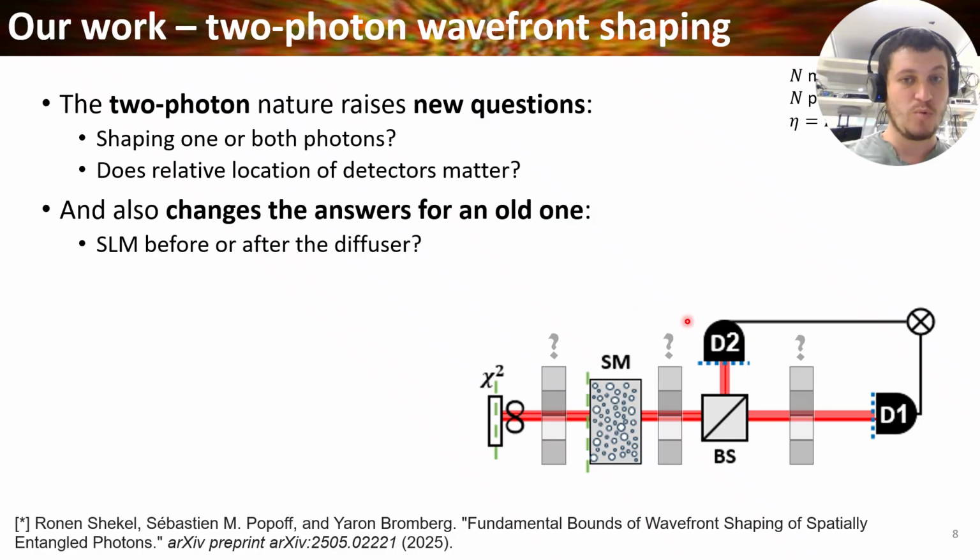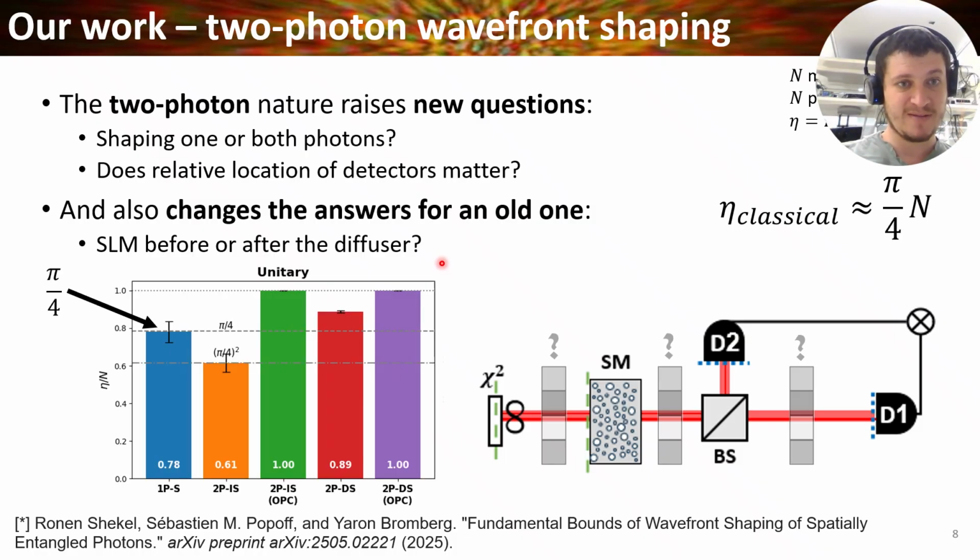Should we shape only one of the photons, or should we shape both of the photons? And does the relative position of the two detectors matter? Because in the classical case, we have only one camera. Now we have two detectors, so there's some relative position to think about. I will also show that having the SLM before or after the diffuser does matter in the quantum case, unlike the classical case. As a spoiler, I'll say that we will see that indeed there's some quantum configuration where we